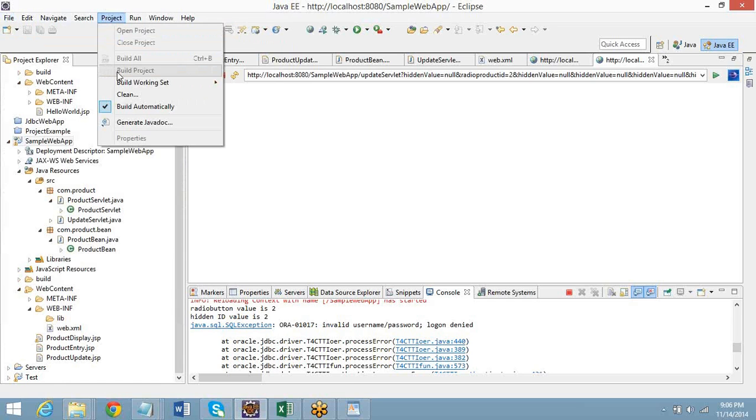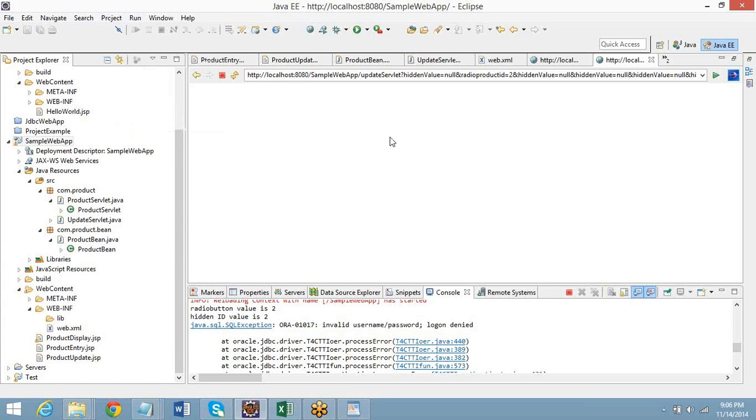Is there any other place you need to change the password and login? I need to check.